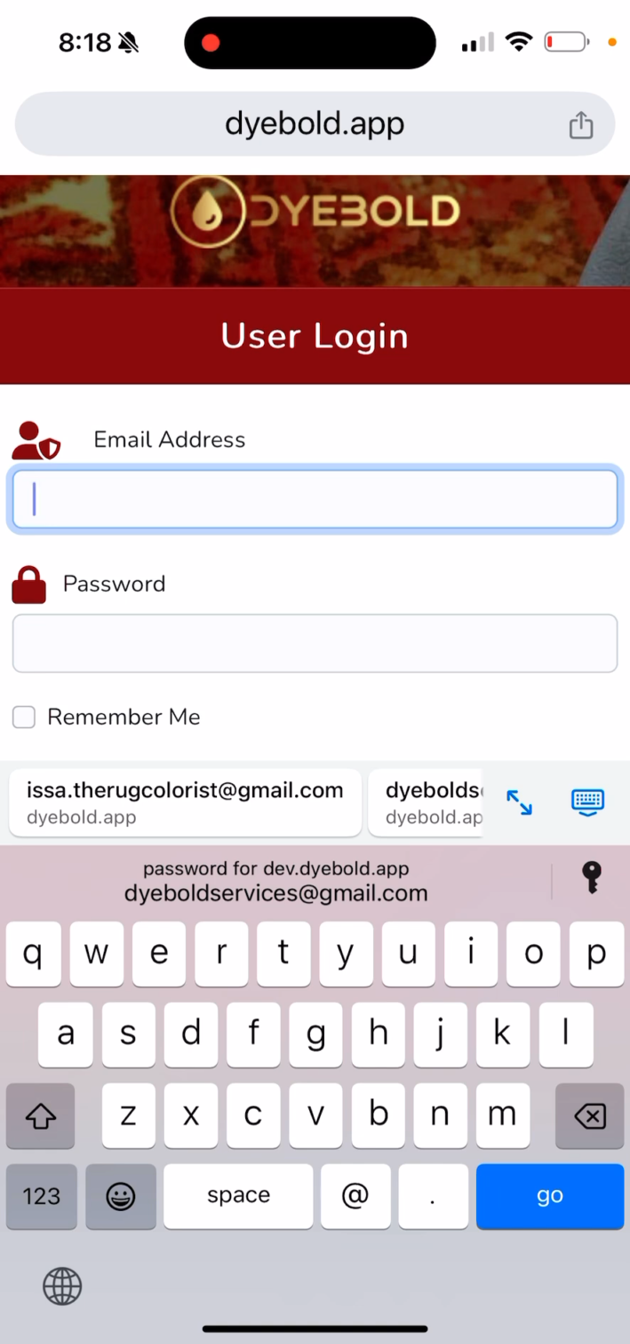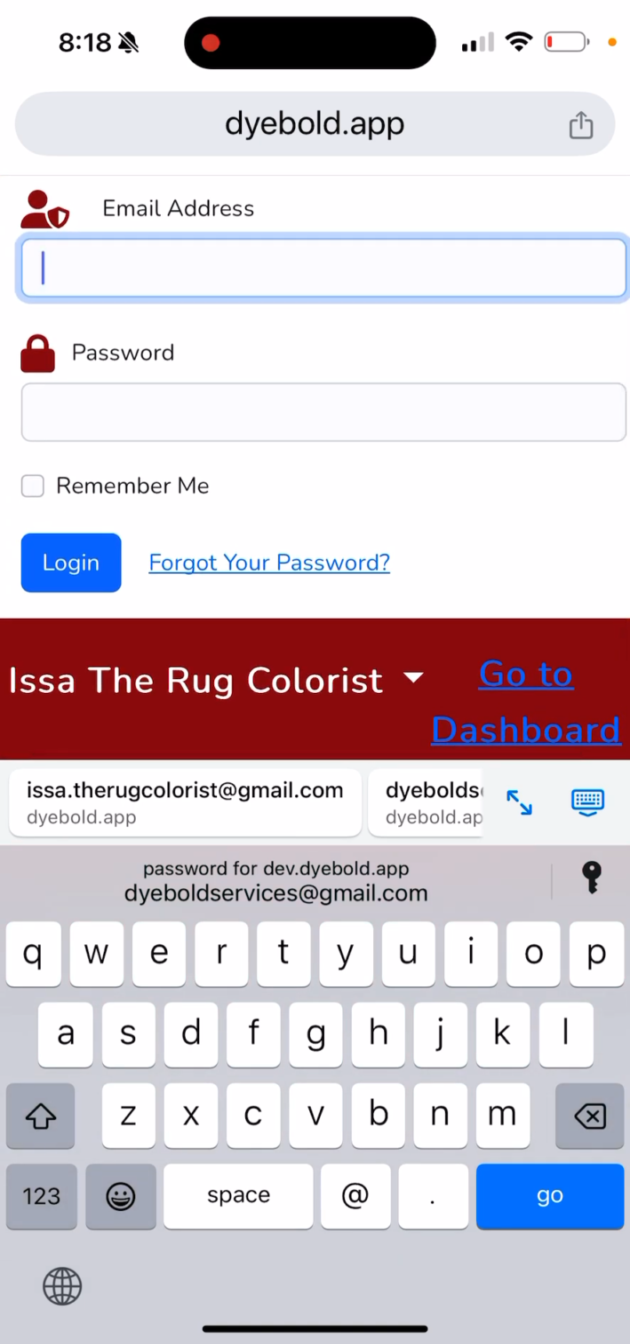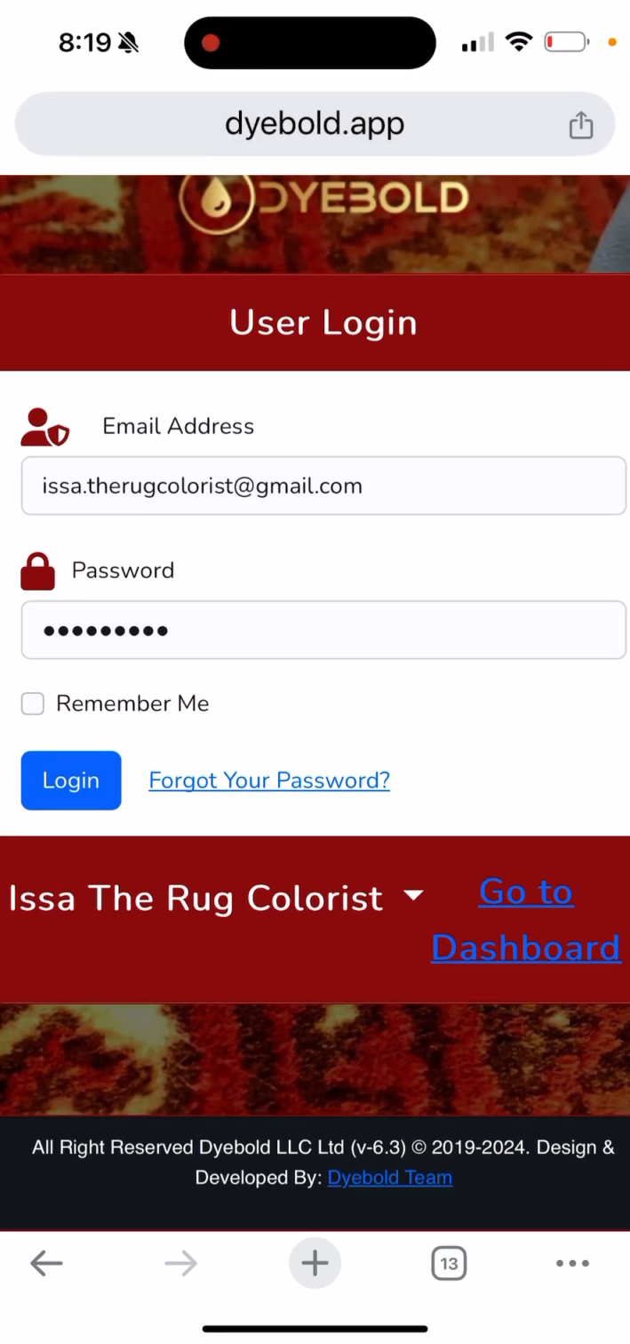And if it is the first time you're accessing this, you want to go to this website and register at the bottom. Okay, so once I receive your registration, I will approve your registration, and then you want to go back to Dyebold.app and enter the information that you registered with, which would be your email and your password. So here we're gonna go ahead and log in,